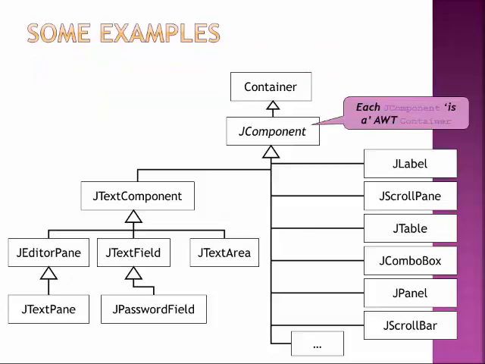Now, the way this works is these pieces come together through this inheritance hierarchy. At the top, we have this thing called a container, which actually harkens back to AWT. And then past that, you see all these J things. So a JComponent, that's a Swing thing. A JTextComponent, that's the start of a bunch of things that do text, like a text field or a password field. We can see those down here in the middle. And then the text areas and editor panes and all these things work together and they get thrown onto a screen. So these are all classes provided for you in your basic Java kit that comes automatically with the language, and you can go and use these and draw with these things, and you can have display elements as well